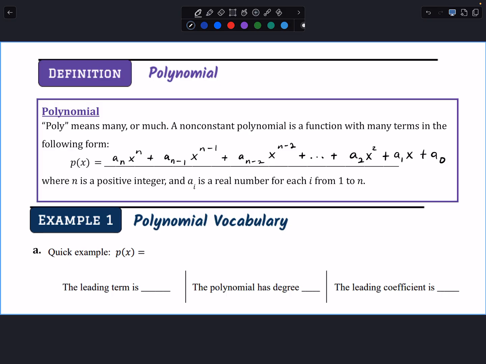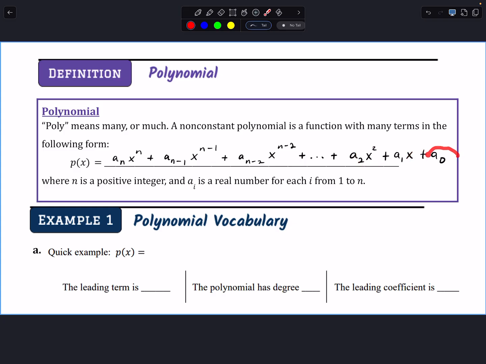Do you guys remember in Math 3 that we talked about writing a polynomial in standard form, where it's the highest power all the way to the lowest power? Okay. So if you look at the x's, do you see how it's x to the n, and then x to the n minus 1, and then x to the n minus 2? That just means it starts at n, and then it just gets smaller, all the way down to the squared term, the x term,